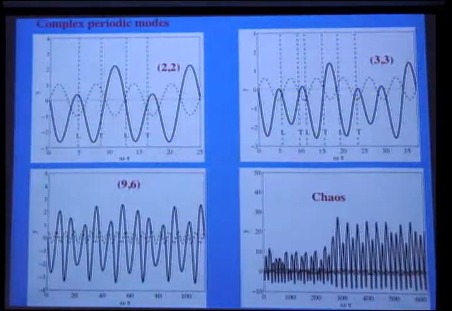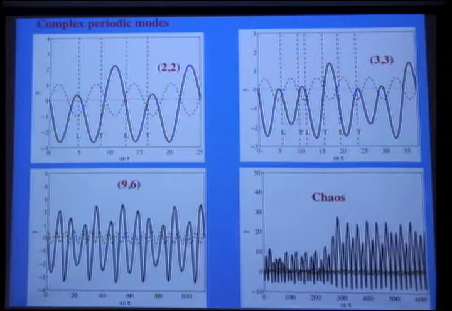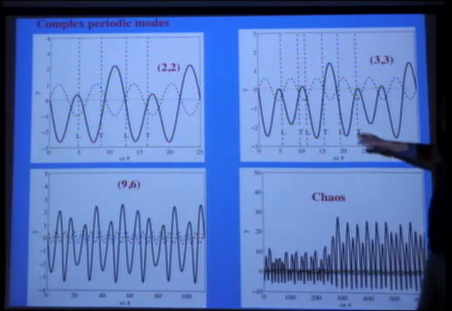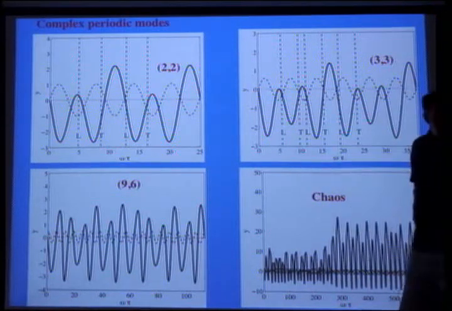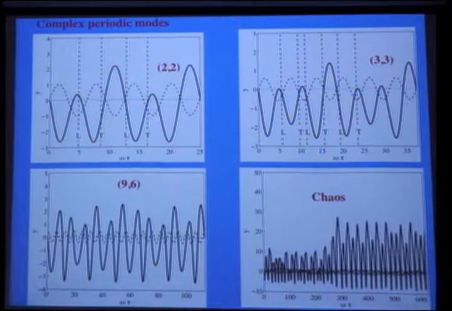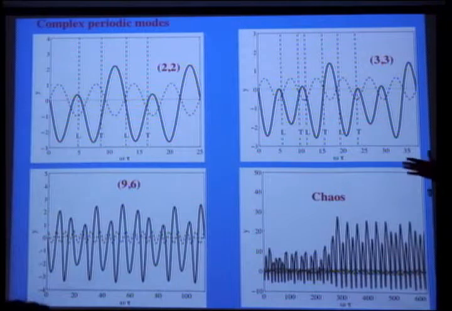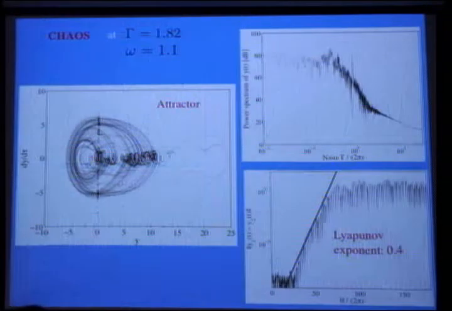Okay, so these are some complex periodic modes which we get from our model. So this is our 3-3. Again, we can compare the takeoff and landing phases, which are not bad. We basically get a quantitative agreement for the simpler periodic modes. When things start getting chaotic, we get qualitative agreement, right? But still satisfactory.